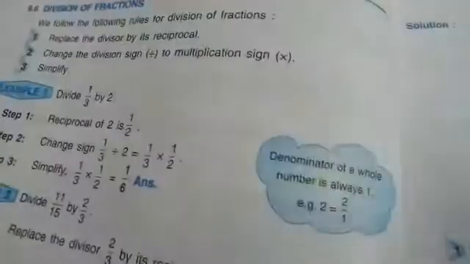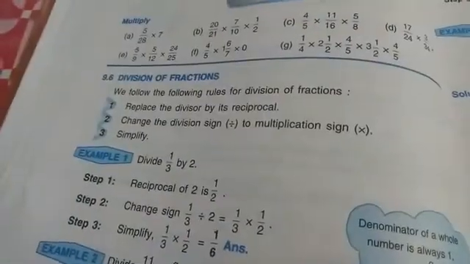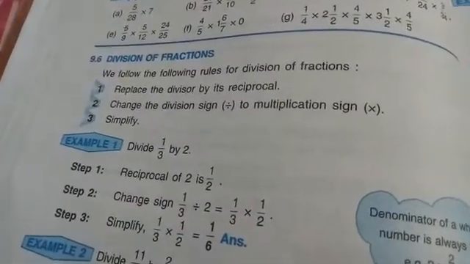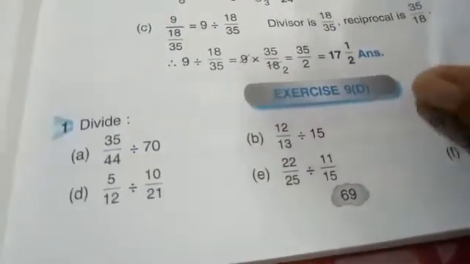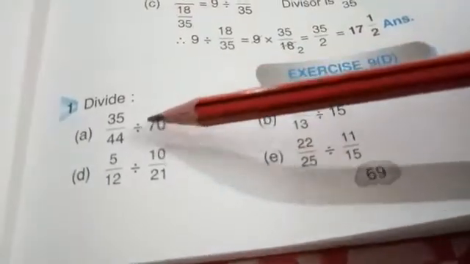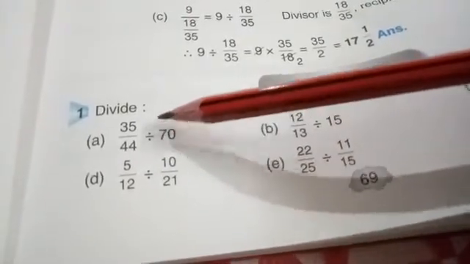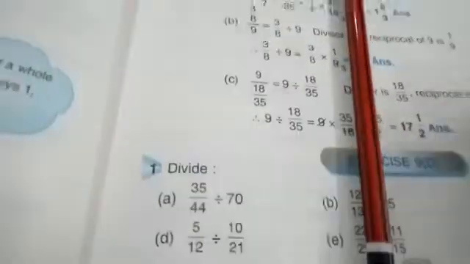So what will you do? What will be your homework? Just wait for a while. Let me check exercise 9D also, because exercise 9C is very easy and only some of the questions are there. See what you can do, beta. In exercise 9D you can do question number 1, that is divide. Here what you have to do, where this division symbol is there and only a whole number is given, it means 70 by 1. Let me show. Leave question number 2 of exercise 9D, but 1 you can do very easily.